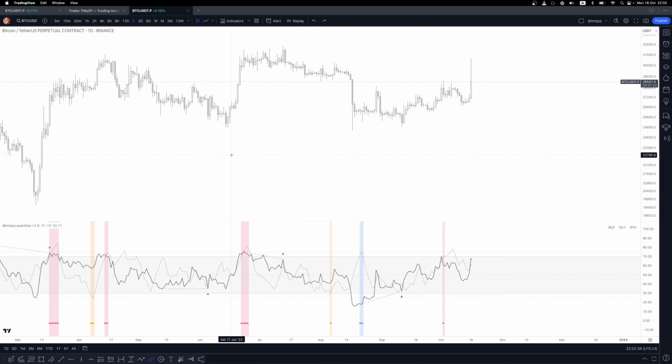Okay, let's continue on. So then we have a third signal, which is the orange signal, like this one here and this one here. And that is what's called the minimum momentum signal. So if